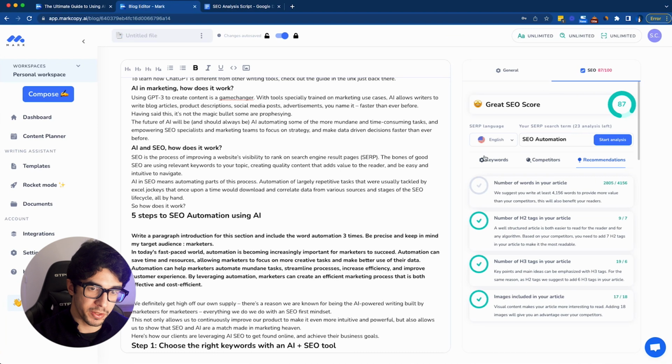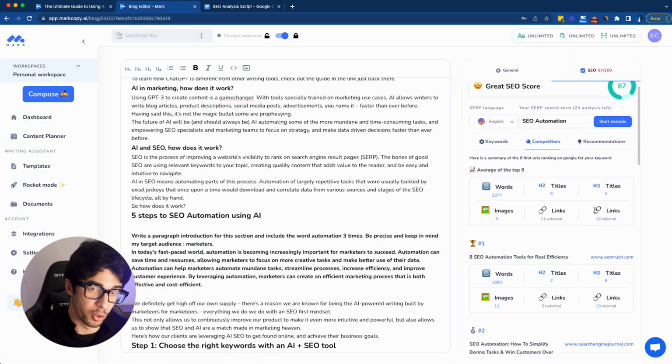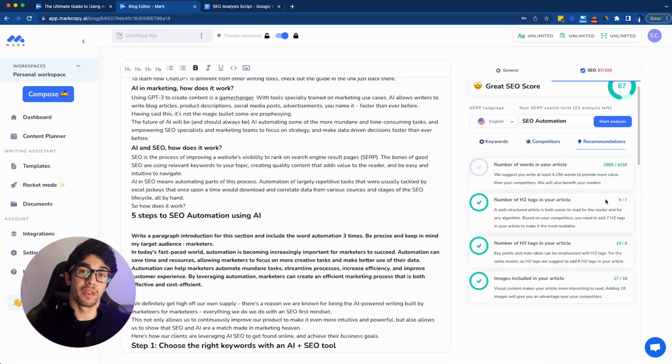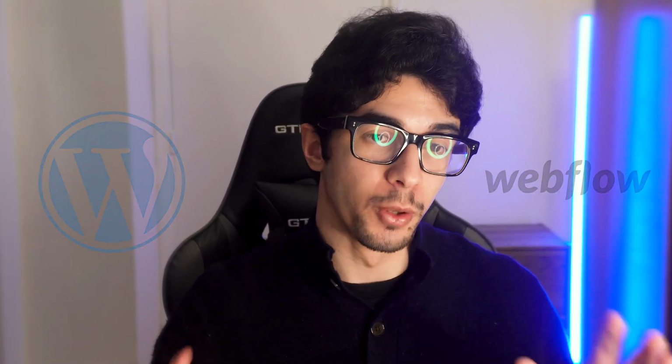All right, so as you can see, this is how you use Markopy's SEO optimizer. You have the keywords, recommendations, you have the competitors, you have the SEO recommendations as well, all within one tool. So you don't need SEMrush, you don't need another SEO optimization tool and an AI tool. You have all of this included within one tool. And soon you will be able to export your blog post directly to WordPress or to Webflow, any CMS. So it's a super convenient app, and you have everything you need to optimize your blog post for